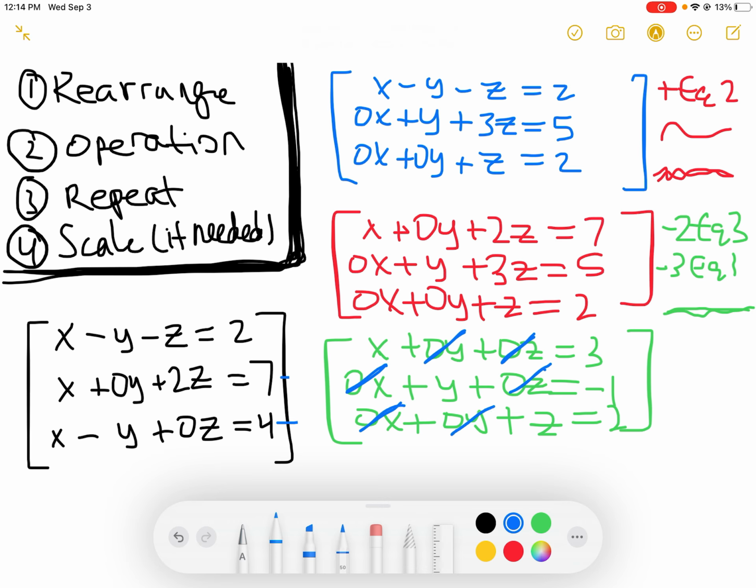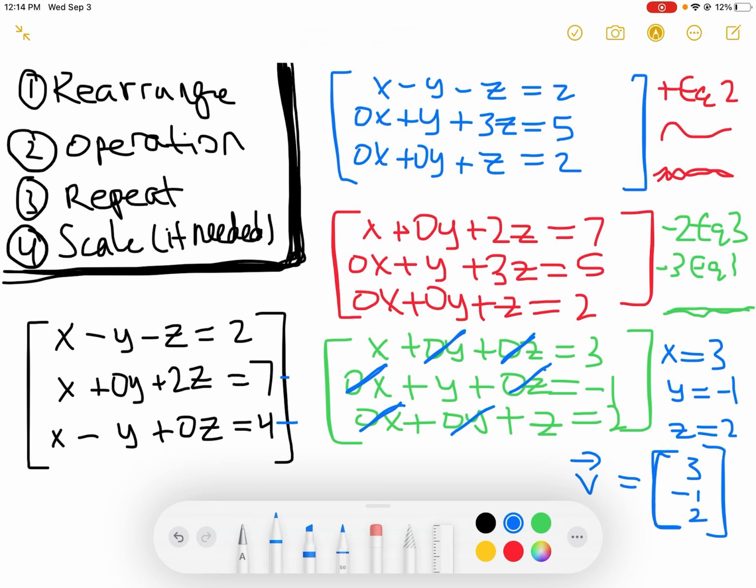And we see that x equals 3, y equals negative 1, and z equals 2. And this is our answer. You can express that as a point, or you can express it the way that I will do it, as a vector. And that is your answer to this system of equations, or solution. And so